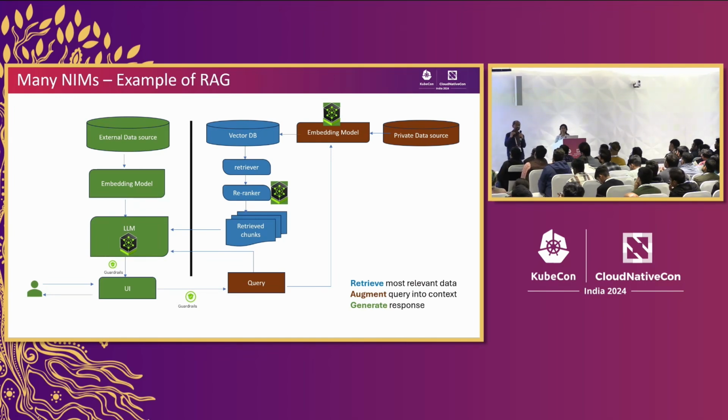And like Smitha said, if that data is not relevant for your domain or your company's need, the LLM will generate something which it thinks is right, which we call hallucination. To avoid that, you always need to give your private data source. And the private data also goes through the same kind of model. It goes to an embedding model, it goes to a vector DB, and based on the query, the corresponding vector DB content will be retrieved. And that is what is passed into the LLM to give you the context-based inferencing token. So that's how we build context into the large language models.